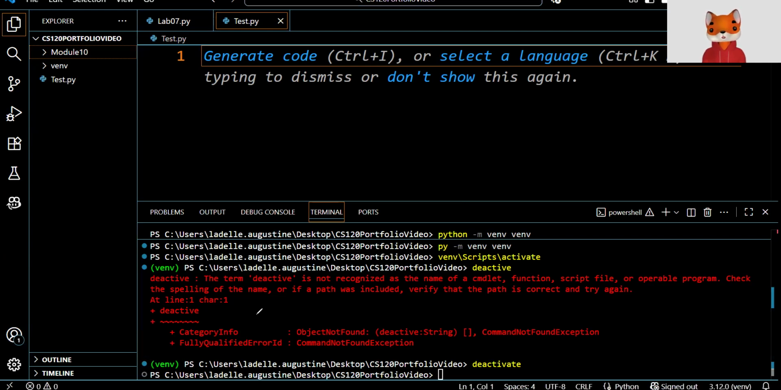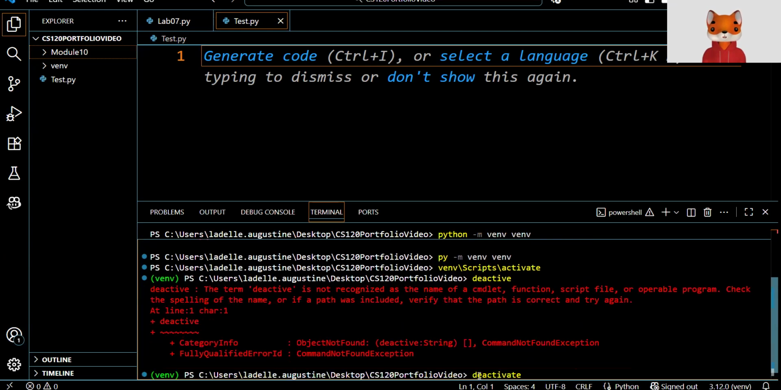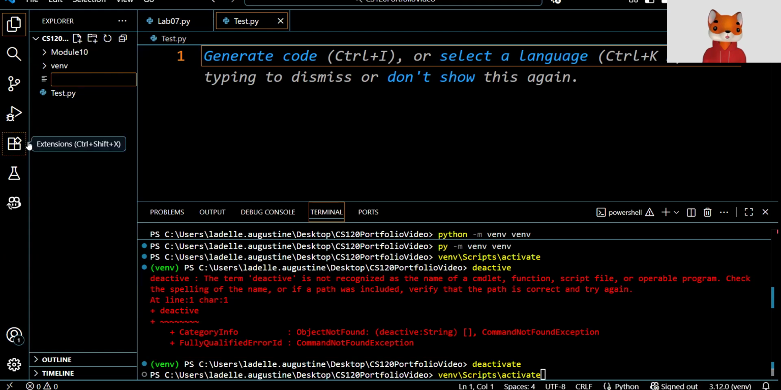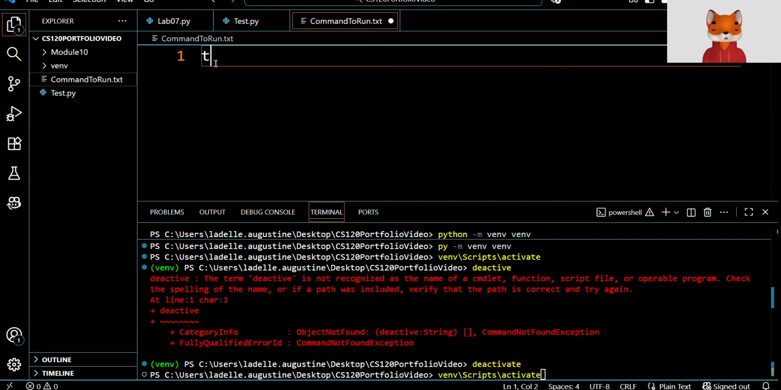All right, so now what we're going to do is just activate it again for the sake of making sure that we're in it before we install it. Every time we activate it, it's going to be the same command: venv scripts activate. If you don't remember this, just create a file at the side here, command to run dot txt, and put a simple message to activate virtual environment,